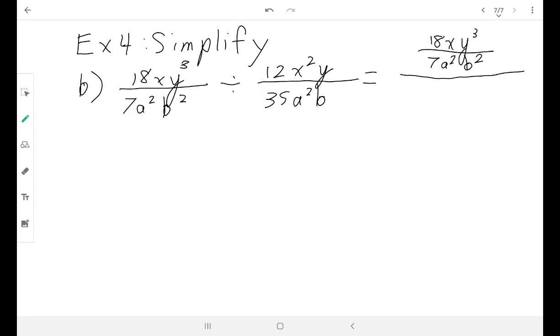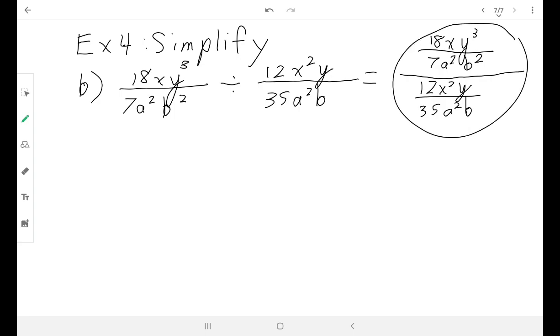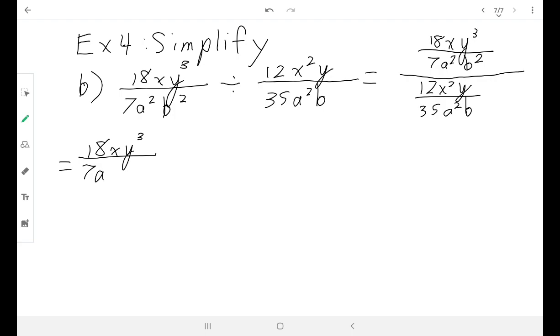All of that over 12x squared y over 35a squared b. And then we're going to take this division problem and turn it into multiplication by reciprocal. So that's going to be 18xy cubed over 7a squared b squared